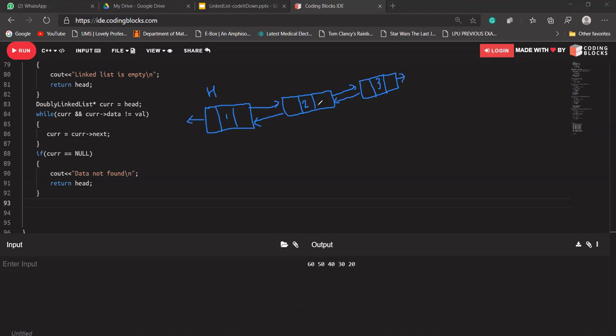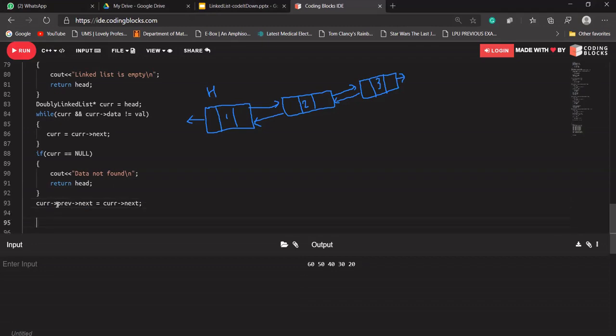so suppose I want to delete 2. So in that case what I have to write here, we have our current currently pointing to this node. So what I'll be writing here, let me write first. So if you don't get it, please do ask me. Current's, okay, current is pointing right now to 2. Current's previous, that is 1. Its next should point to now current's next. Is that clear with everyone? Why I'm writing this?